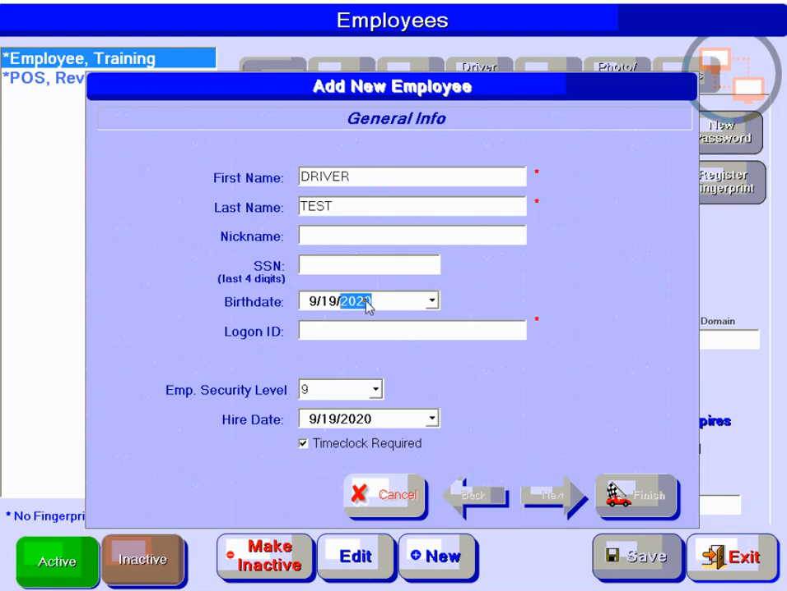I'm going to put in the year that they were born as 2000. The date of birth is normally important to employers who want to keep track of any minors that they might have in accordance to any labor laws. You can enter the Social Security number, and only the last 4 digits will remain visible, and the rest of